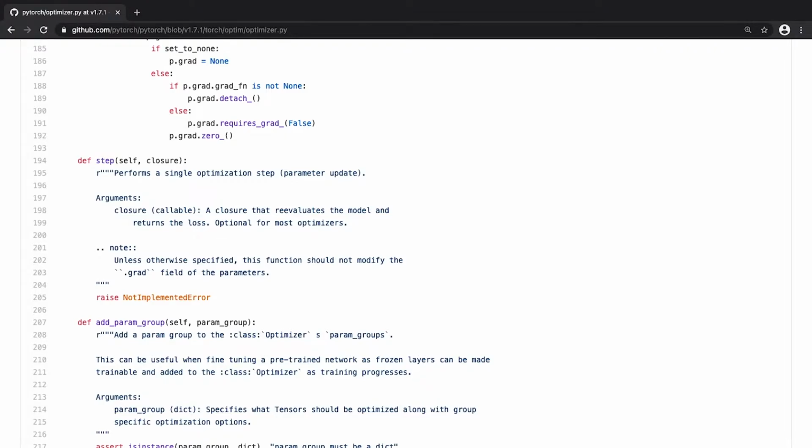In the most general terms, the goal of this method is to update all the parameters. And to do this update, one can use a lot of different things and information. Specifically, you probably want to use things like the inner state that we just saw, or the gradients of your parameters.